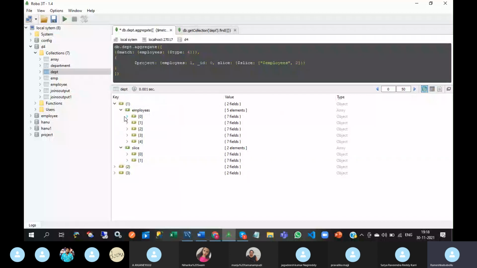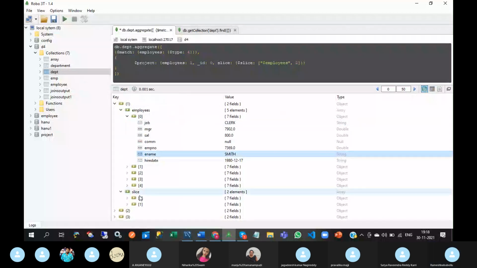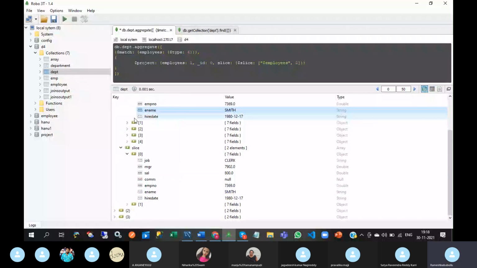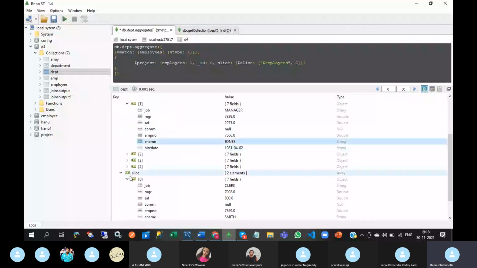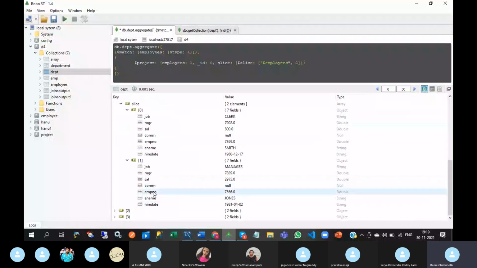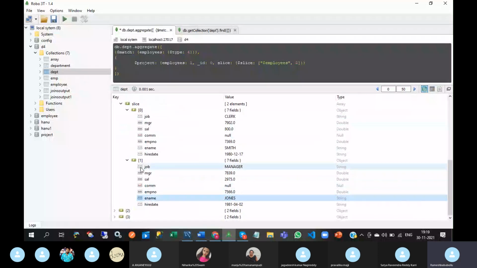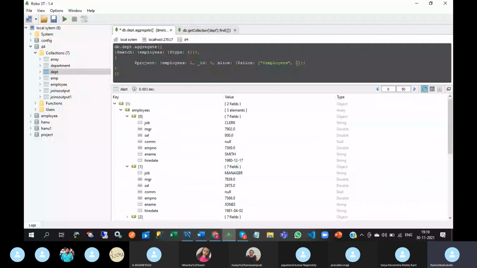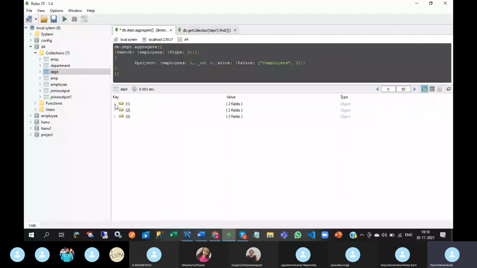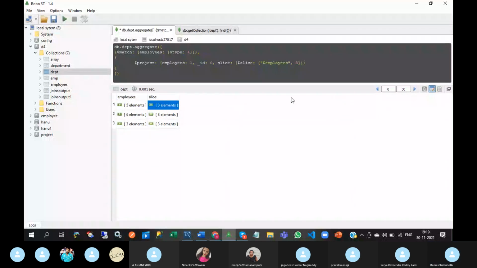Why? Because you have given 2. See this, Smith, and in first position, Jones are there. That means it will extract the specified number of objects from the employees array. Suppose if you specify 3, then it will return the first 3 objects. See this, 3 objects. That is slice, a subset of an array according to the specified value.